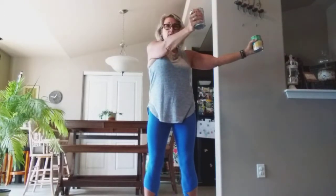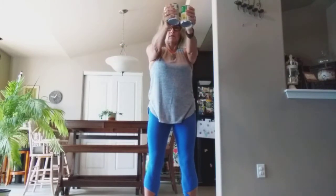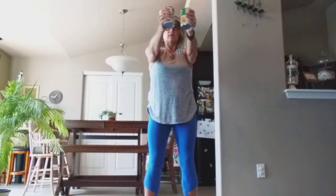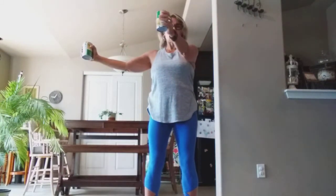Now, both arms coming forward, back out. We're going to go overhead and back out. One arm comes forward and back out, other side. Both in front and back out, overhead and back out. One in front and open, other side and open, both in front and open. Take it overhead, up, down. One in front and open, other side and open, both in front and open, overhead and open,